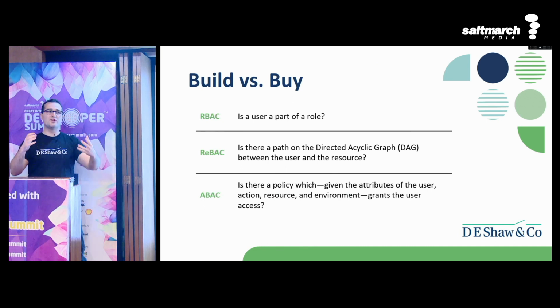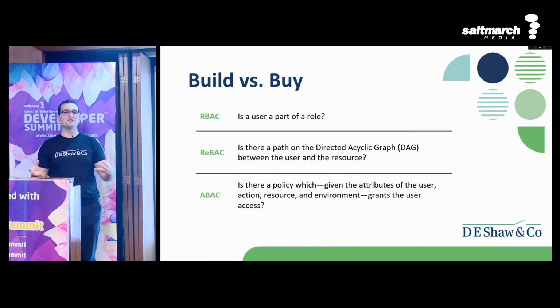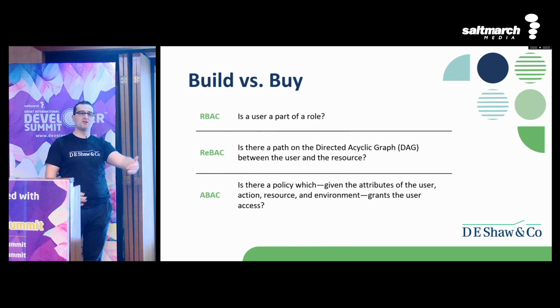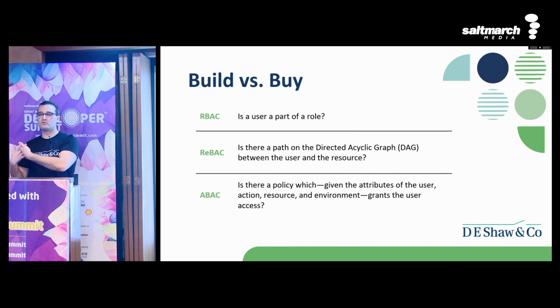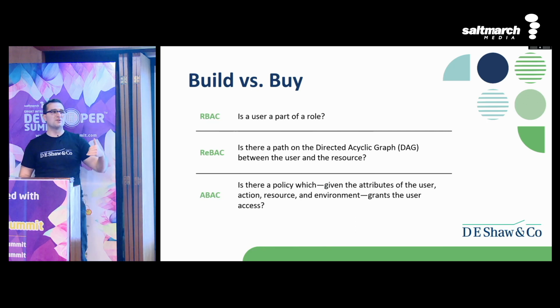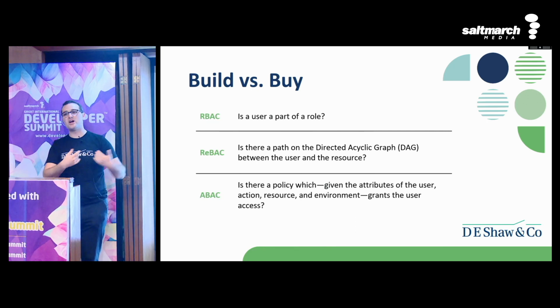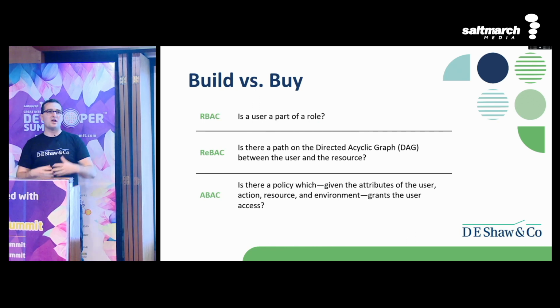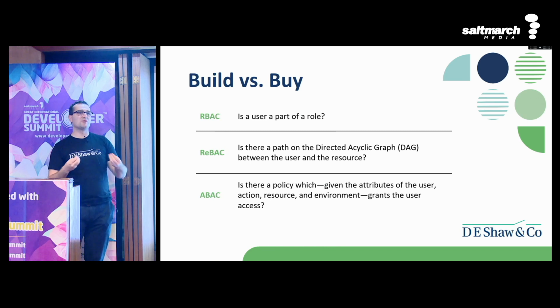So what we really want in a system where we have a bunch of different applications of varying complexities is to be able to support role-based access control for the very simple cases. We want hierarchy from relationship-based access control, in ways that are very natural and make sense. And we want to be able to grant permissions along orthogonal axes, like attribute-based access control. But we don't want all the power of attribute-based access control, and we don't want to suffer from some of the shortcomings you might have with a complex